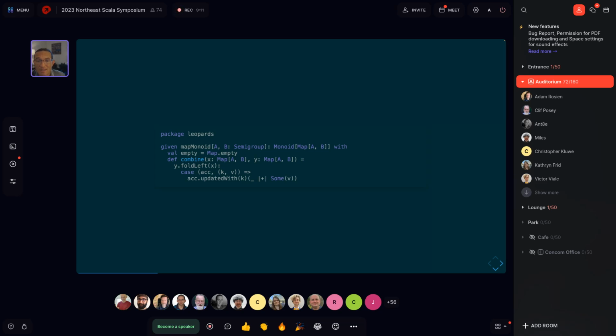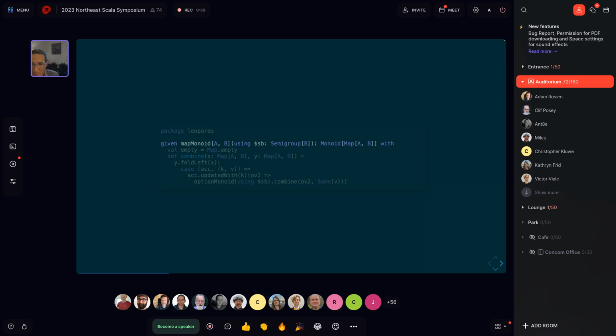And again, we can take this semigroup instance as a context parameter. Here in the implementation, we are using the option monoid we just defined, right? To say, whatever the value is, if it's defined at this one input key, give us that back as an option, and then combine that with the value from the map that we're folding in. Right? So now we're layering these semigroups one upon the other.